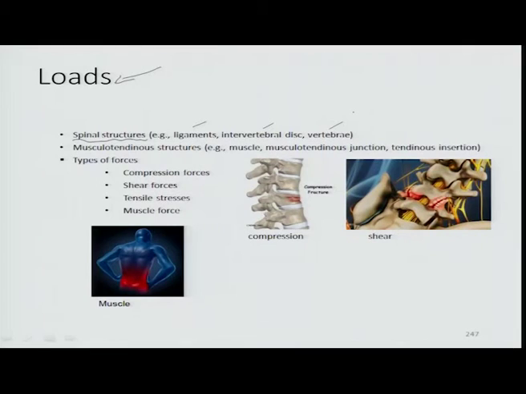There are also these musculotendinous structures comprising muscles, musculotendinous junctions, tendinous insertions, and various types of forces are subjected to such structures. For example, this right here shows a compressive force which has created a fracture. You can see one of the damages created to one of these vertebrae, which is because of a compression fracture. Similarly, there can be damages related to shear, to tensile stresses and muscular forces when it comes to